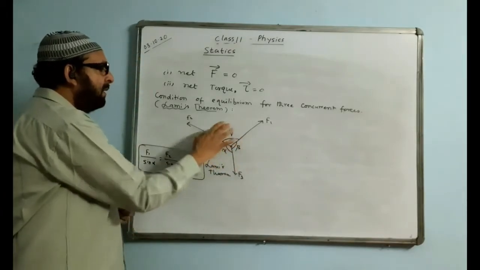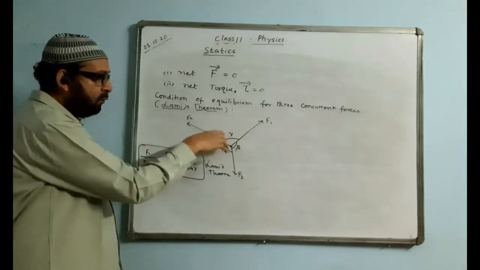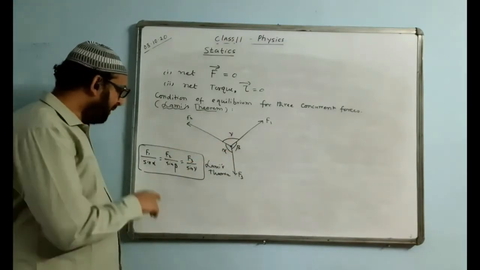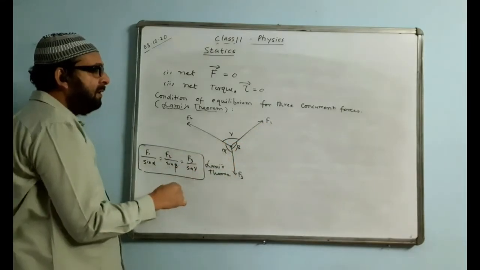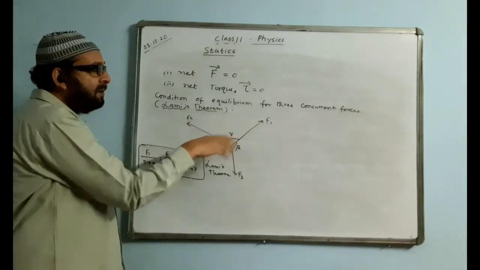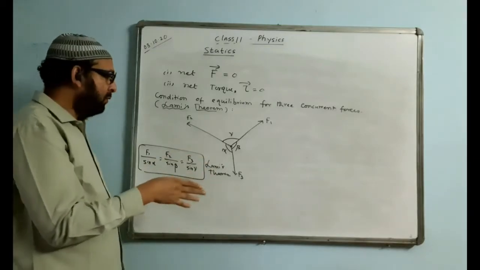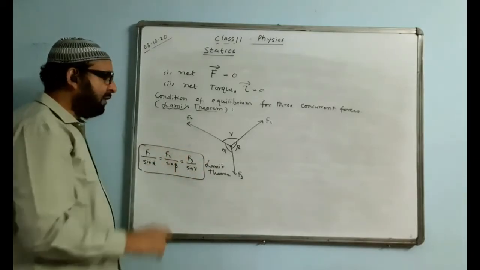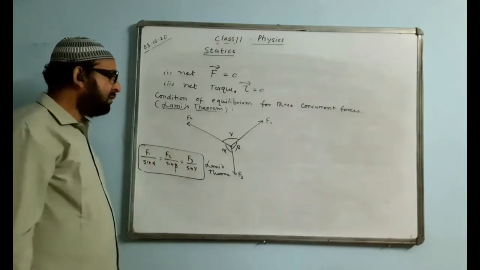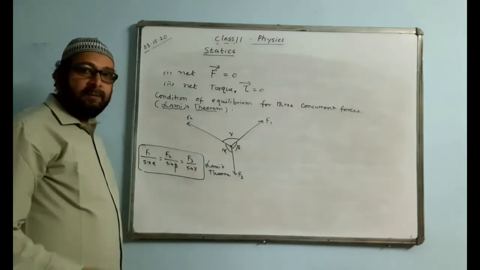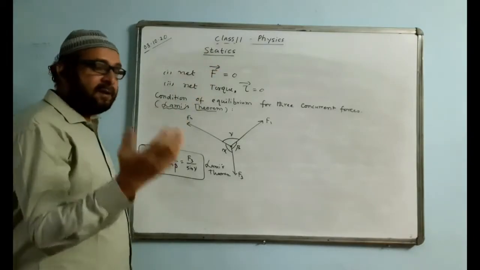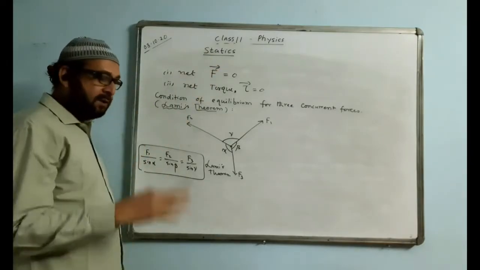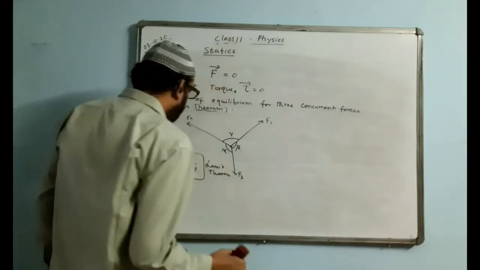So alpha, beta, gamma angles are shown in the diagram, and you have to understand that also. When you take a particular force, F1, you have to take the angle between the other two. When you take another one, you take the angle between the other two. For F3, you take the angle between F1 and F2. Such an equation is called Lami's theorem, to keep the body in a static position, that is at rest, under the action of three forces. So this is the condition.